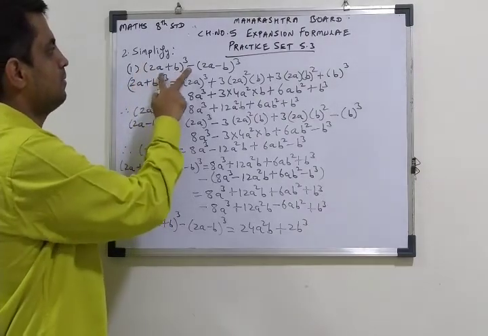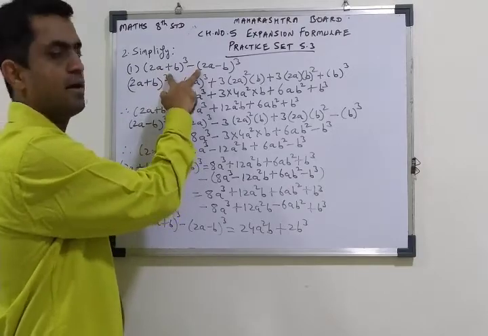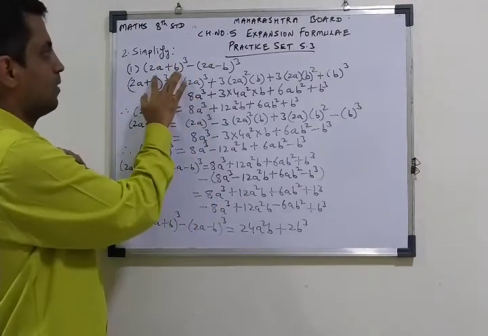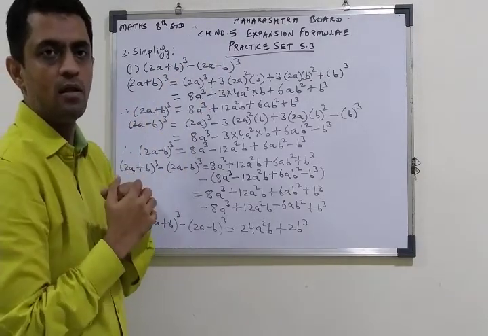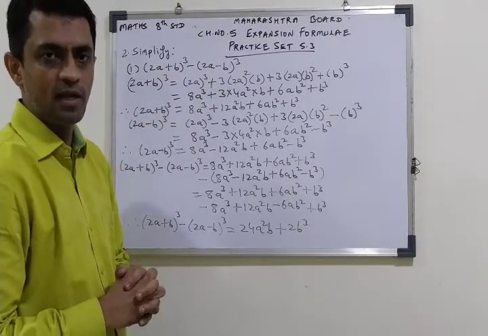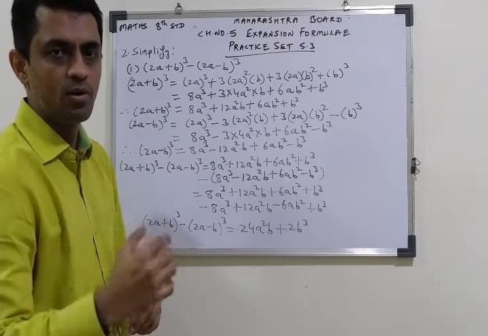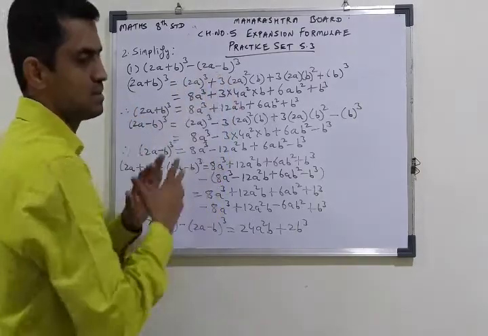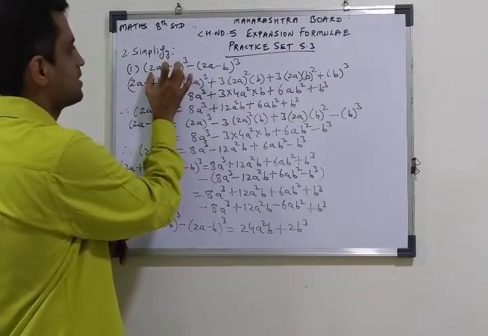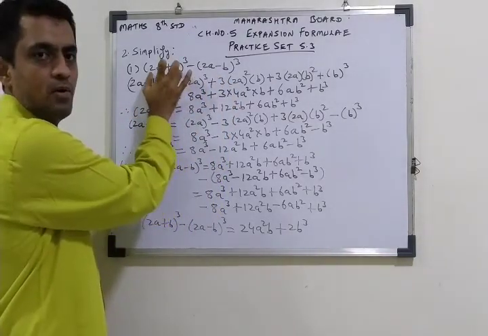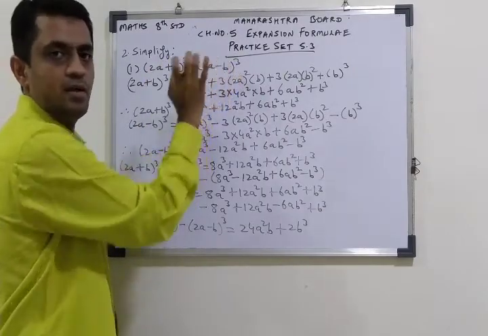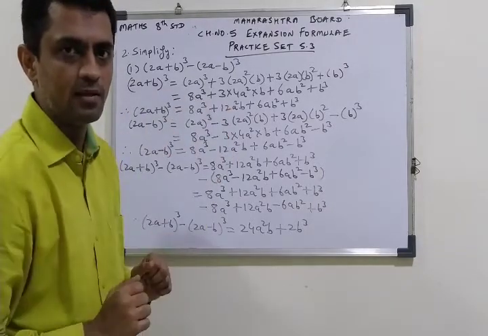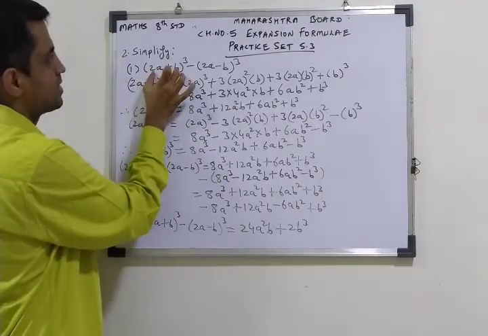Now second sum, second part, simplified. First sum here. Now you are going to study everything, all the formulas, the two formulas: a plus b the whole cube, that formula, and a minus b the whole cube. Both formulas will be applied here. So this is called a complex sum. Now here this is a plus b the whole cube and this is a minus b the whole cube. We'll solve one by one and then we'll club together. Now first of all we solve this part.